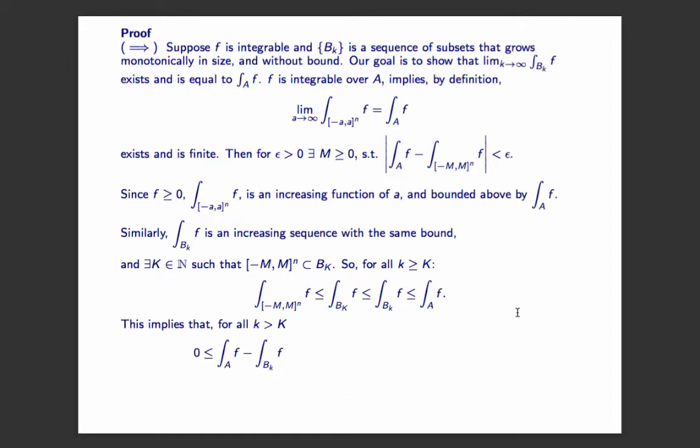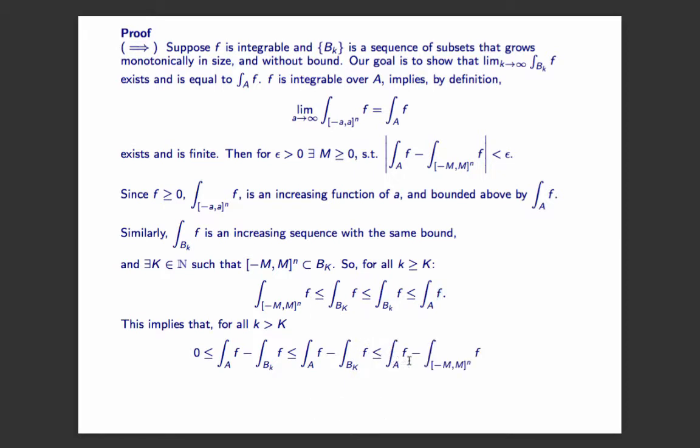So I know already if I were to take this last term and subtract this first term, I'm going to get something positive, which is why I don't need these absolute value signs here, but also I get something less than epsilon. So if I subtract this term from this term, I get something positive, but also something less than if I subtract this term from this term. And that would be less than if I were to subtract this term from this first term,